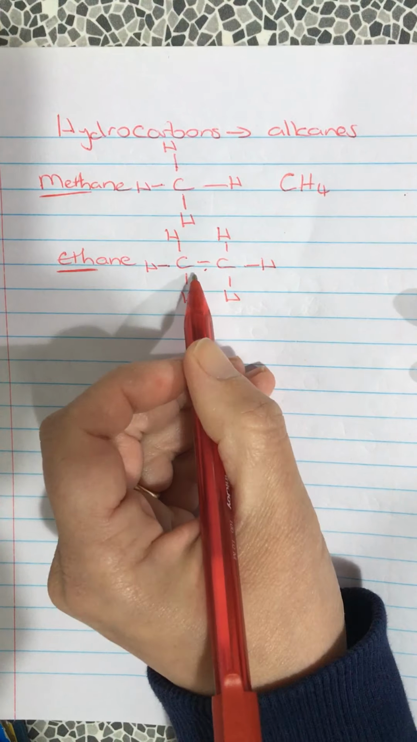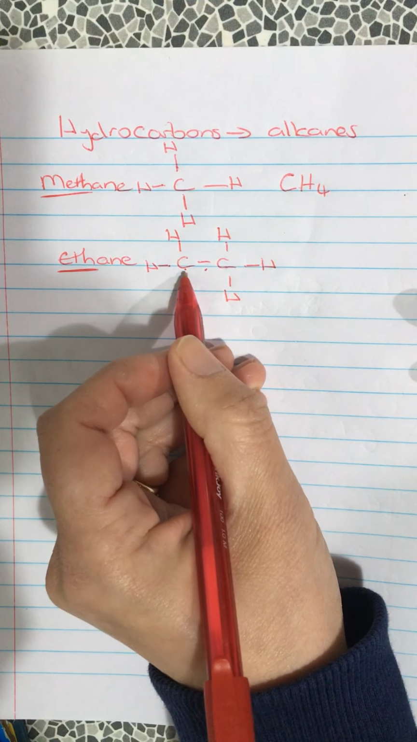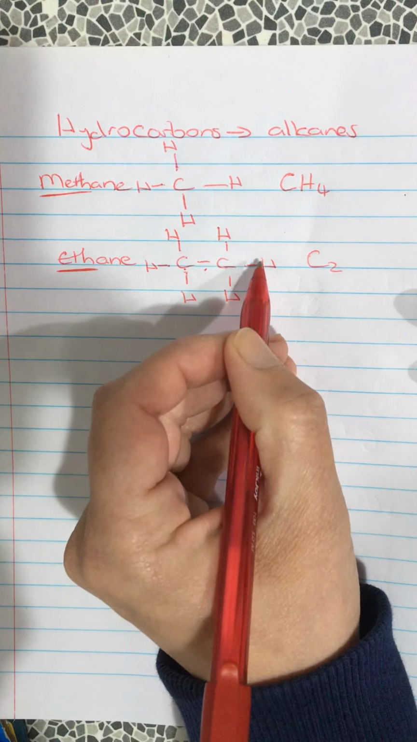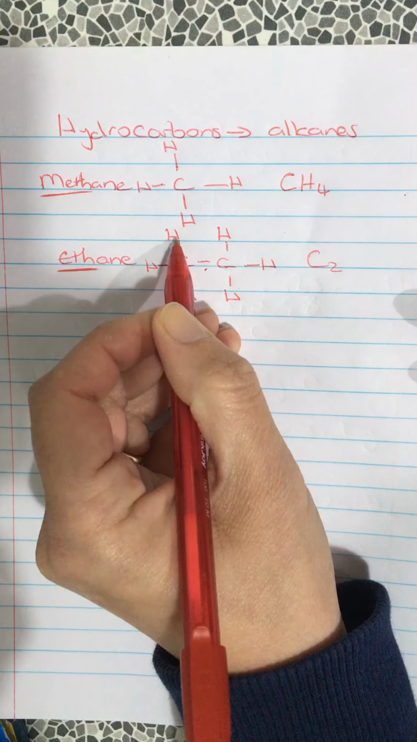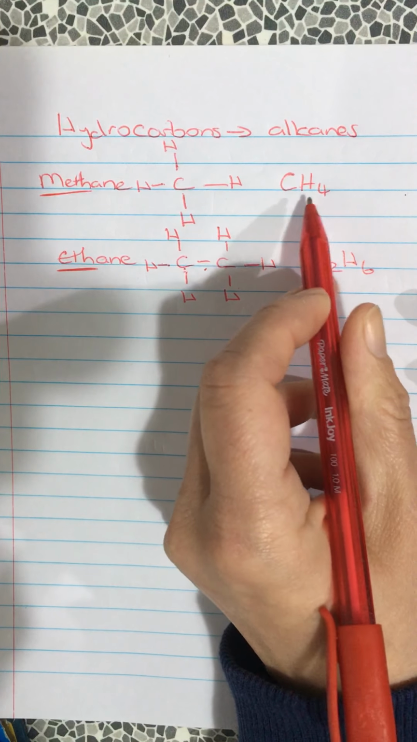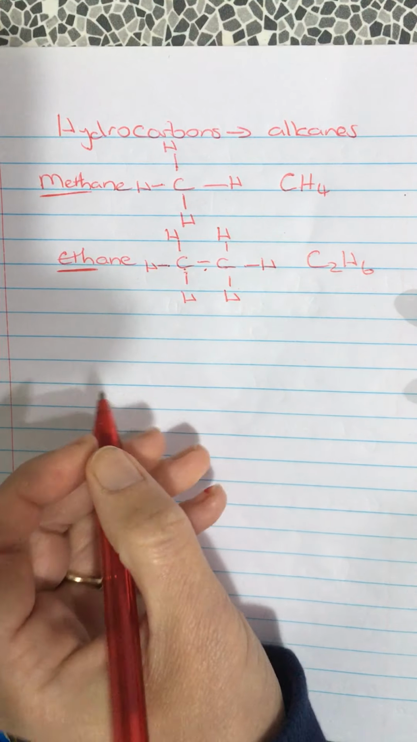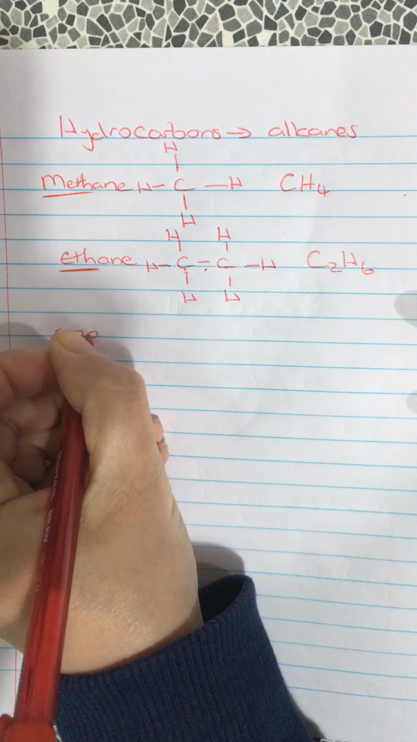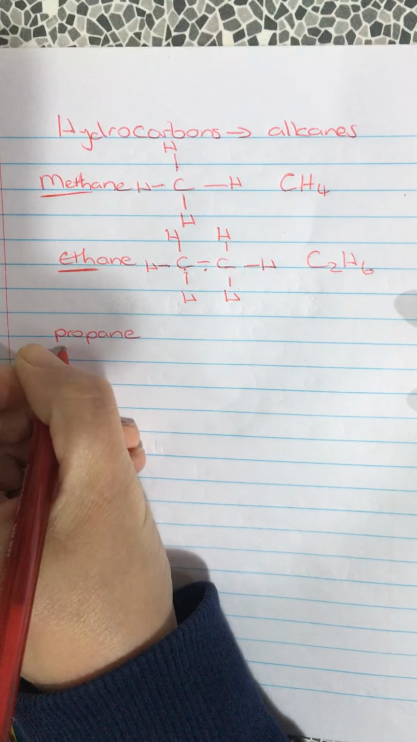So the formula for ethane is C2H6. You might start to notice a pattern in the formula here. See if you can spot that pattern. We'll come to that in a minute. The next one is called propane. Again, our prefix